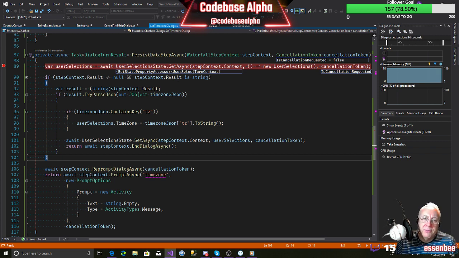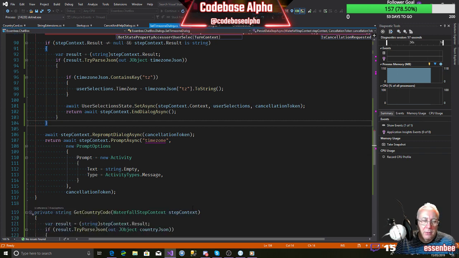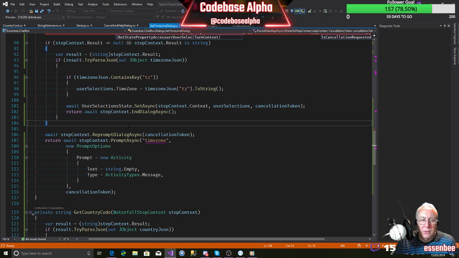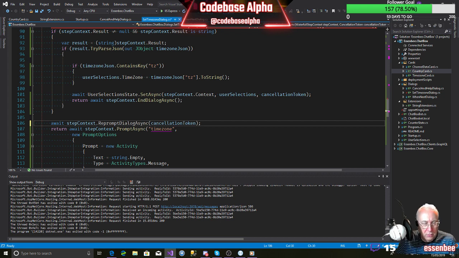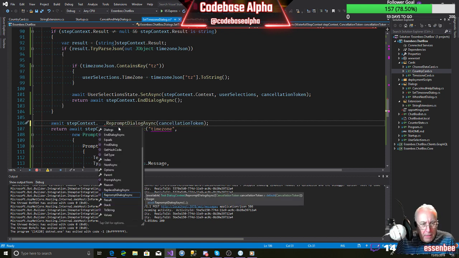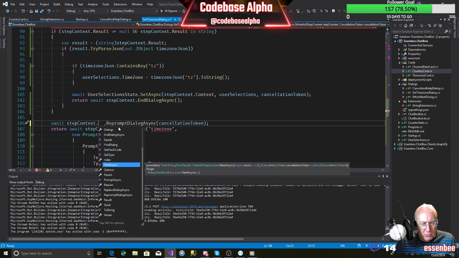I want to kind of replay the last step. That's what I want to do. Step context. Let's just stop this. Step context dot. Come on. Can end a dialogue. Next async will go to the next step in the dialogue, but there isn't a next step. Do we make a next step? Do we have a false next step?